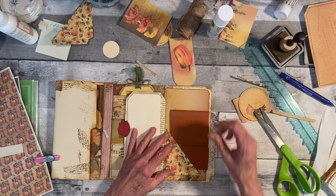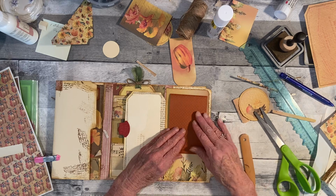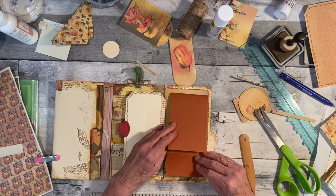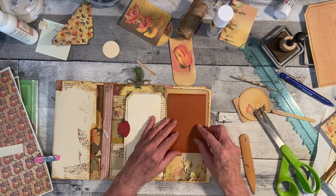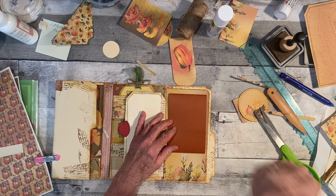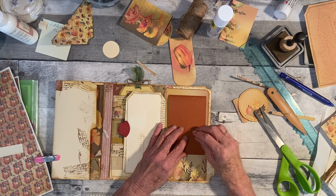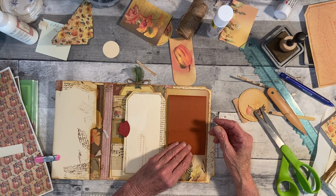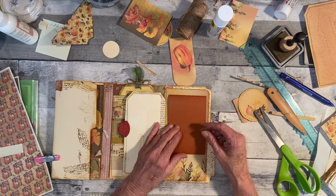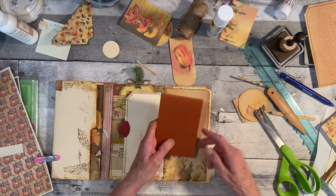Okay, so I mean, I could just set this in here. Then I have this open up there. I think I like it better just glued down. Okay. I'm thinking I wanted to put closures on here, or I was thinking of just putting a closure, you know, putting a one here and then wrapping